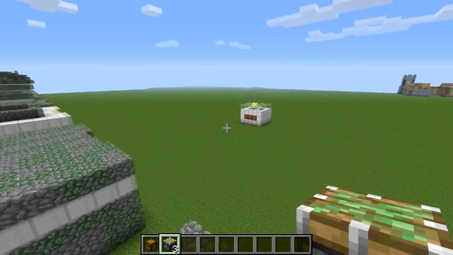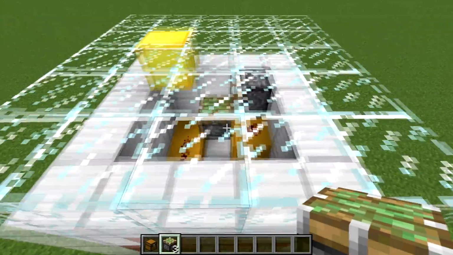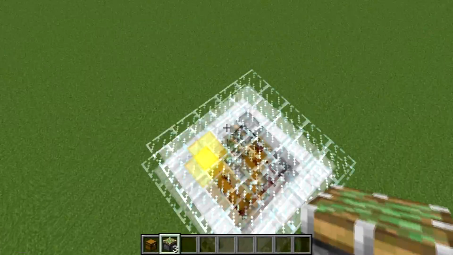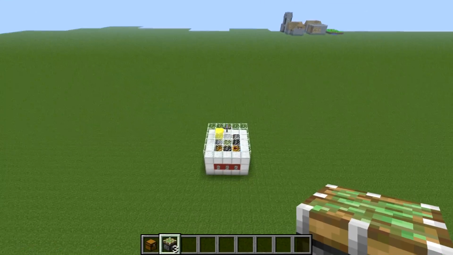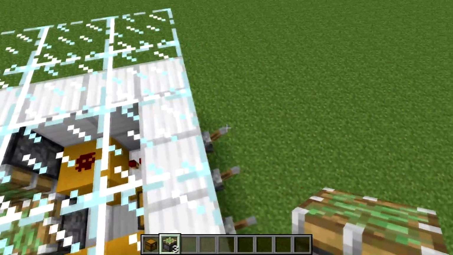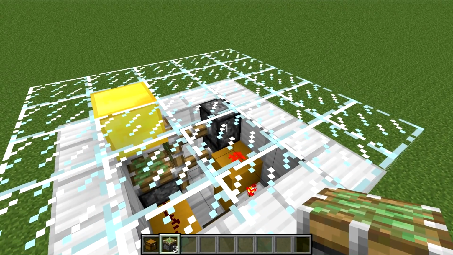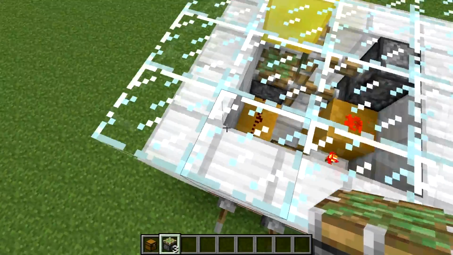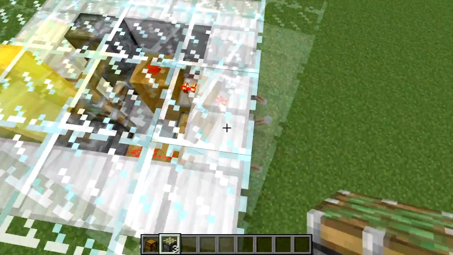So the way that they work, this gold block would be a normal, basically this glass layer here with the gold block is this layer here we've just done. And the way that this works is basically the far right lever is going to power both of these sticky pistons, as you can see. The middle lever actually does nothing regardless, and this left lever, if we pull that, it's going to go up